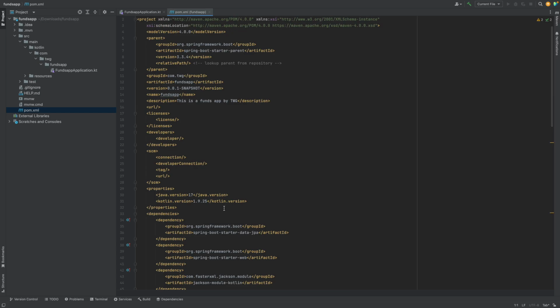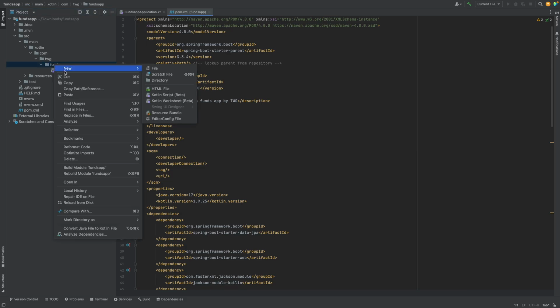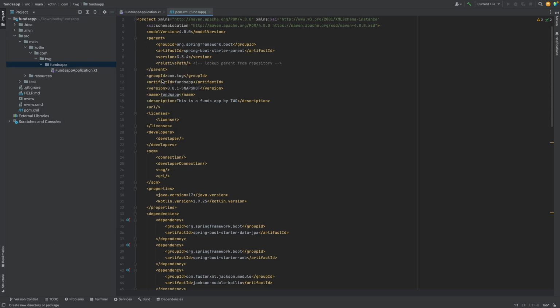So before I officially get started with coding, I want to create the folder structure for the application, because in the diagram, we saw how information is going to be flowing in and out of our application, but I want to make sure that I organize it properly. So in this funds app folder, I'm going to start the process of creating some of the folders that we'll need for this application. So first off, I want to right click on funds app, put new, select directory, and